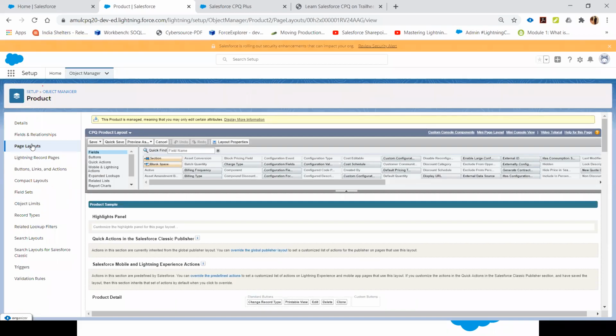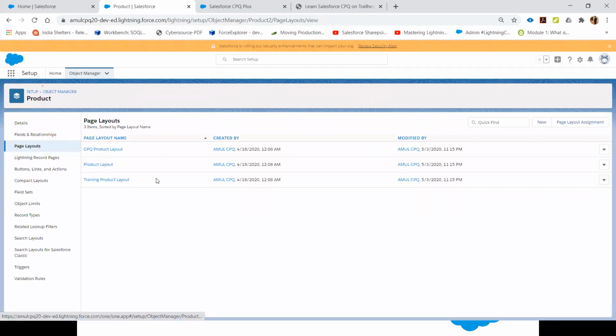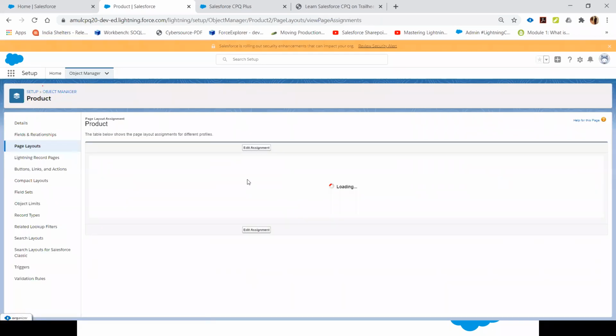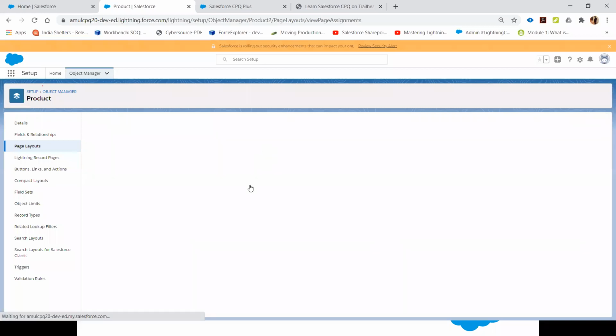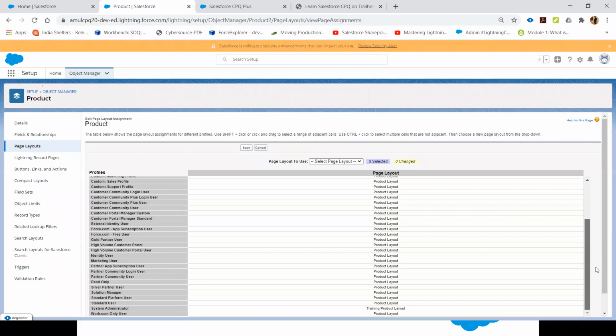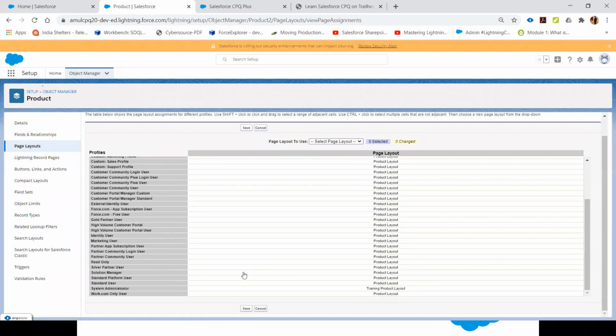Okay, after enabling these fields and related objects on the product layout, on your account layout, on your contract layout, on your opportunity layout, my next step is to assign this layout to the admin who is going to work as a CPQ admin. So you'll have to do the assignment of these layouts. What I will do, I will get them assigned for myself on my system admin.